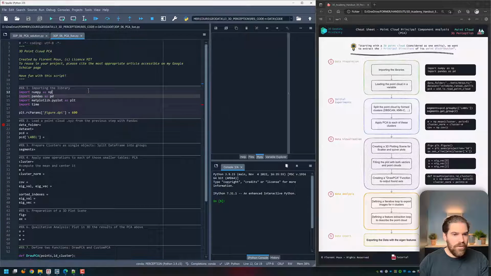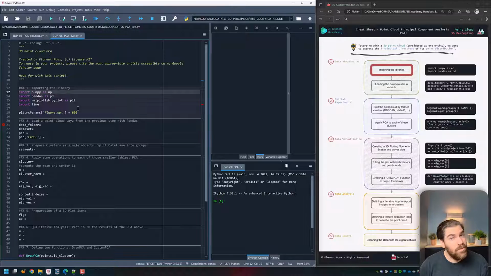So first, importing the library. Here, I want to highlight a very important library. If you didn't use it yet, it's called Pandas. If you didn't, you have to install it, either with your Anaconda, or pip install pandas, or conda